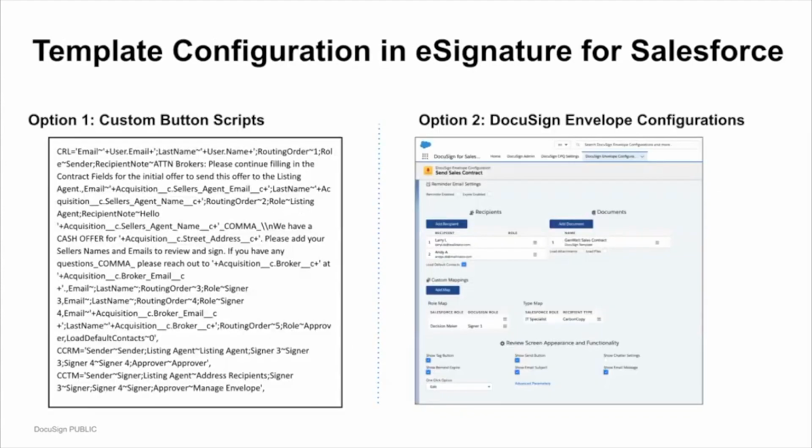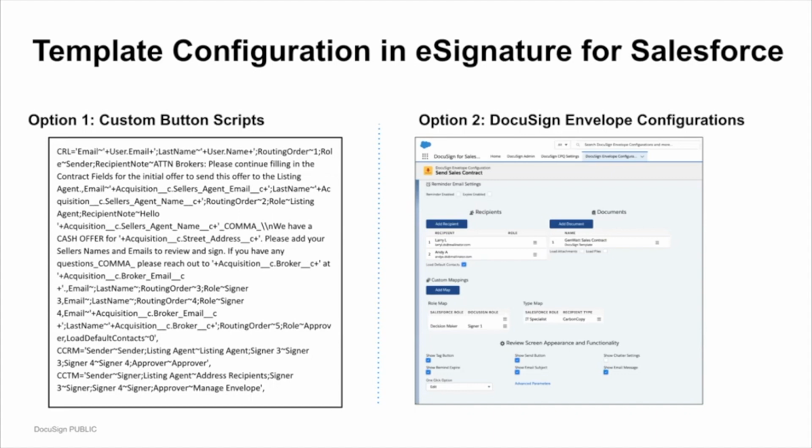So when I talked about the UX overhaul, those of you who have used eSignature for Salesforce before understand the power of what it could do for you, but have also probably spent quite a bit of time setting it up and configuring it. When you're creating an envelope template inside of eSignature for Salesforce, these are your two options today. On the left, you can see something very powerful, where we are integrating all your Salesforce data